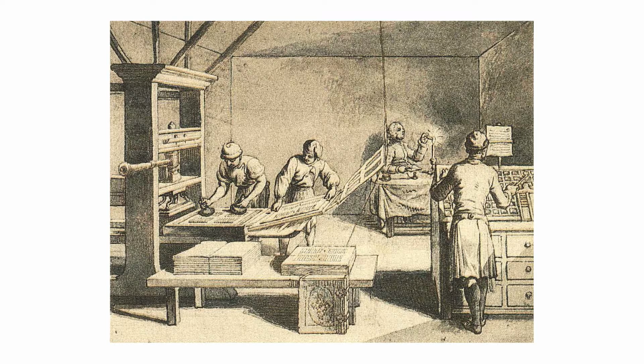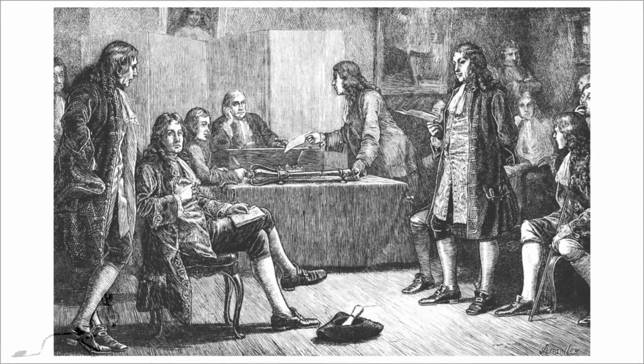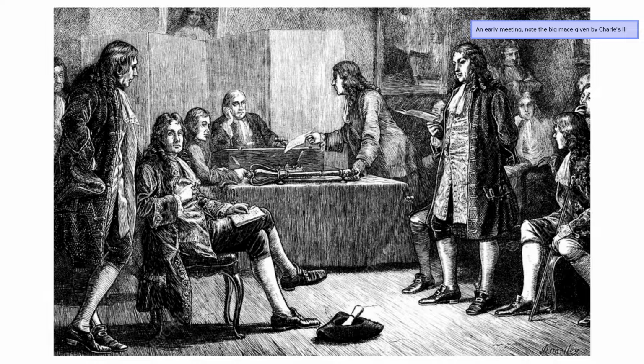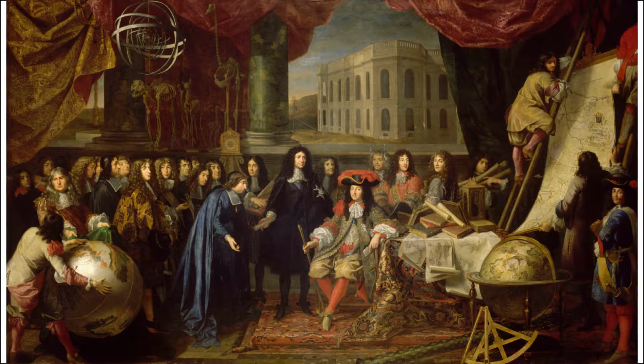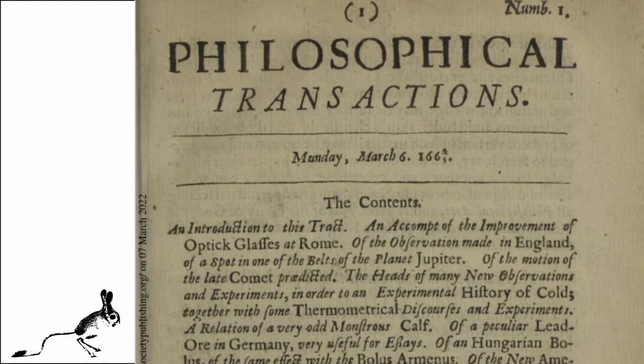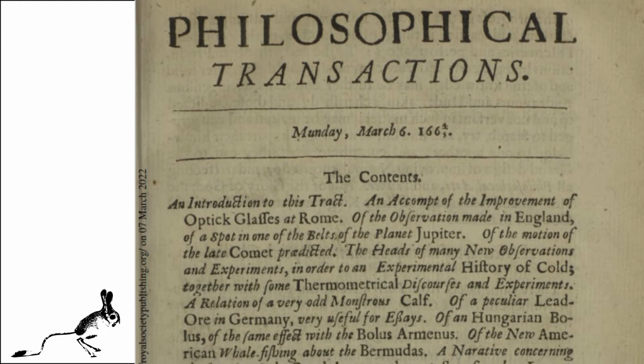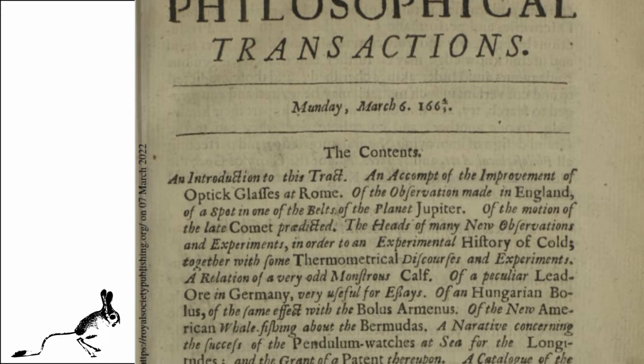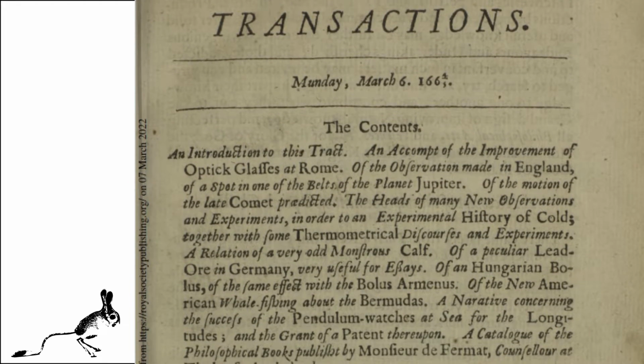Interesting to note is that with this new printing came the importance of publishing. Suddenly the who and the when of knowledge and ideas became important, as well as proper citation. But it was still not until the foundation of learned societies, such as the Royal Society of London in 1660, or the French Academy of Sciences in 1666, that academic journals began to surface, one of the first being Philosophical Transactions of the Royal Society of London in 1665, which is still in print today. You can even read the early issues online.